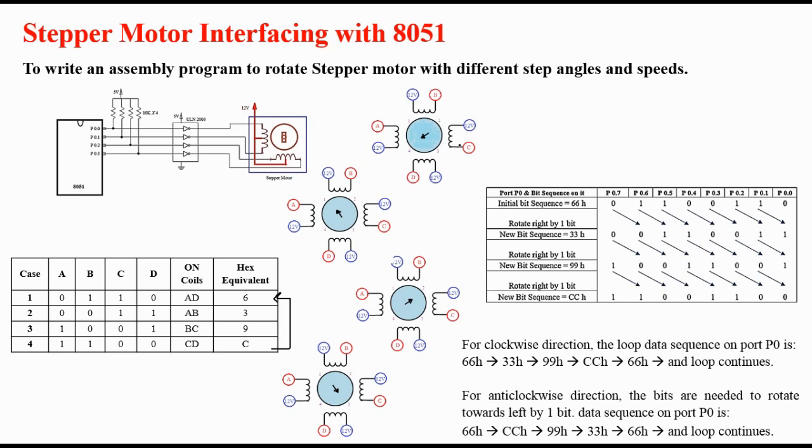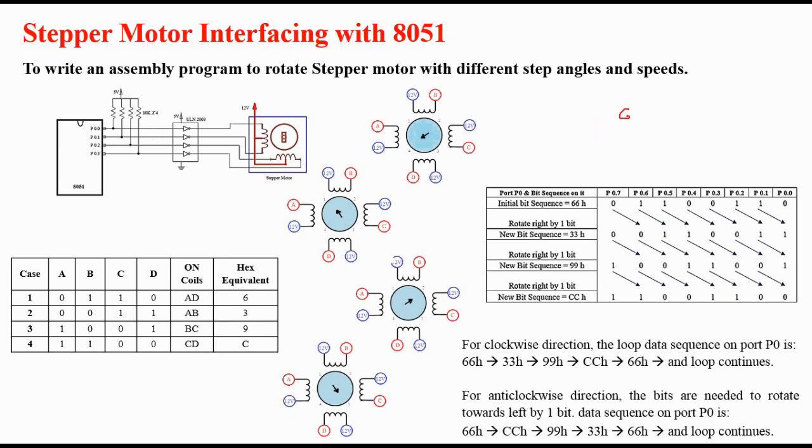So to rotate the motor in clockwise direction continuously, we will have to send this kind of code continuously on this port. Now for this to happen, we will require a mechanism to send this code on this port in order to rotate the motor continuously. So for that part, we have done one adjustment. The adjustment is shown in this table, and this will minimize the efforts during writing the program.